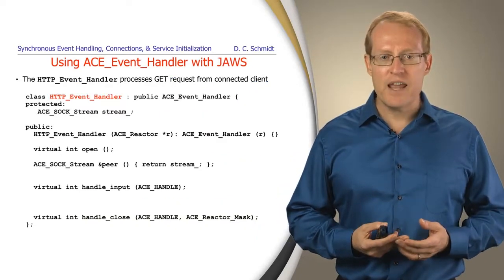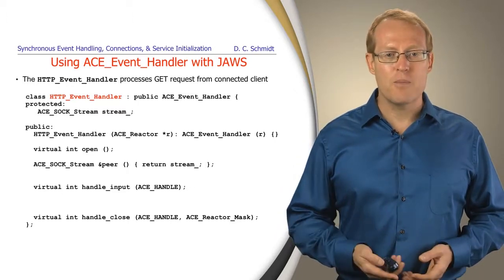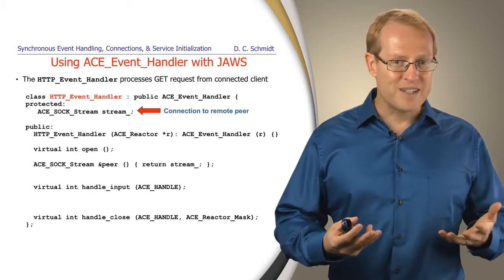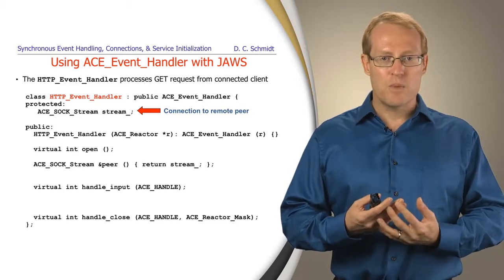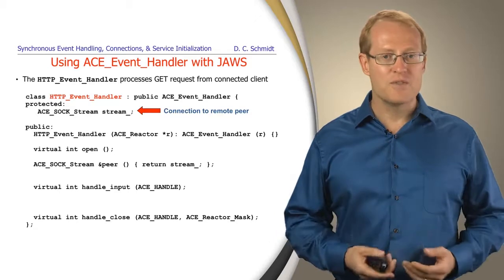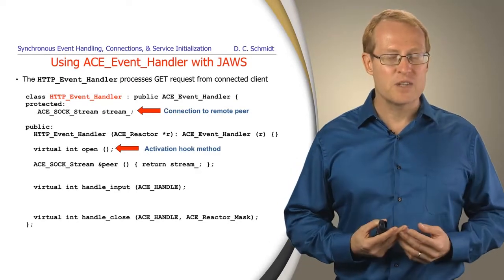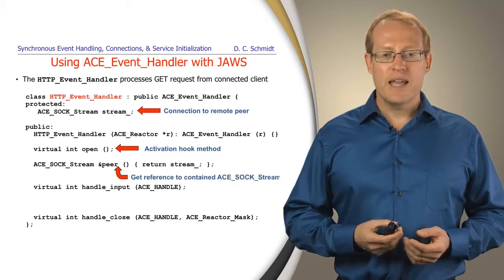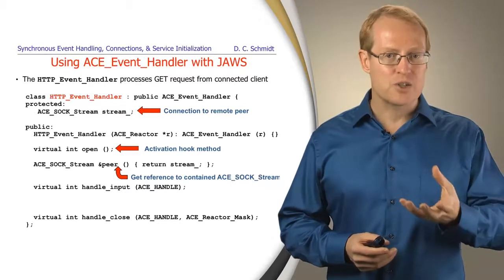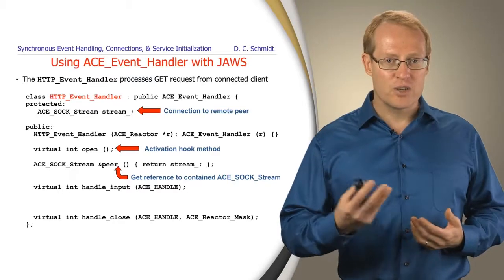Here is the HTTP event handler. This is also an ACE event handler, so it can be dispatched by the reactor framework. As you can see, it has an instance of an ACE sock stream, which will be connected by the acceptor to correspond to the connection with the client. That's in data mode, or the ability to send and receive data on it. It also has an activation method called open, and we'll see how that's used by the acceptor in a moment. It's got a little accessor method to give back a reference to the underlying ACE sock stream, and we'll use this